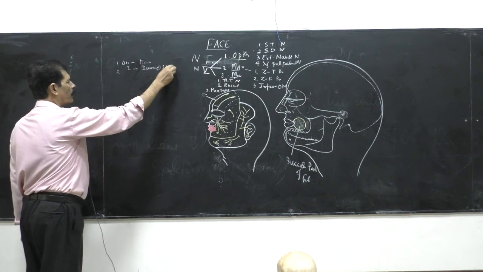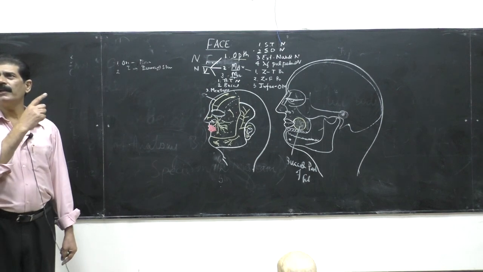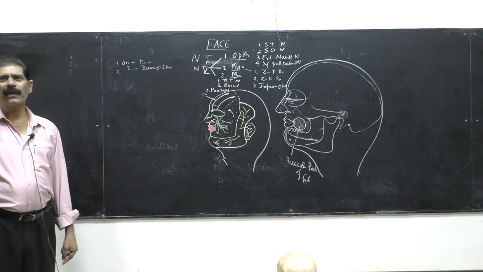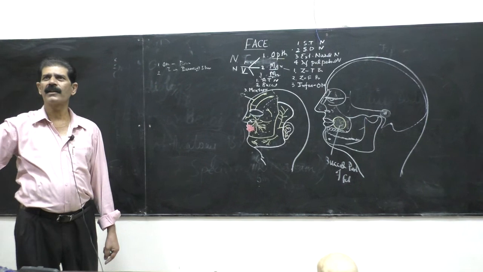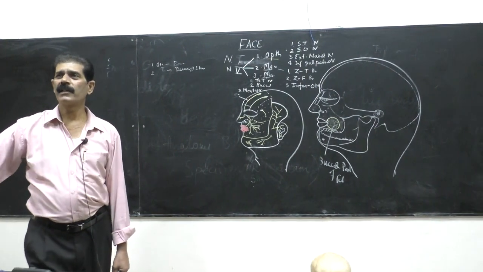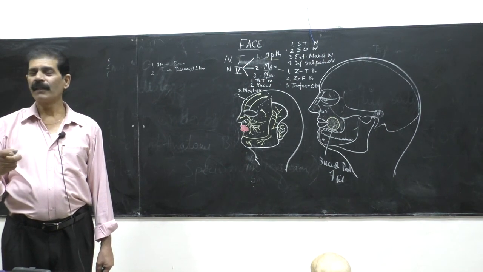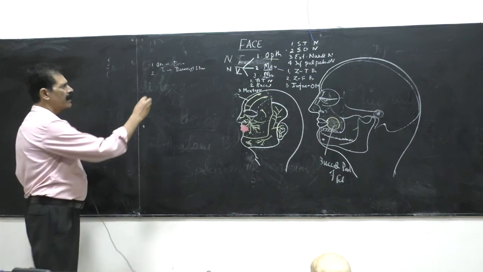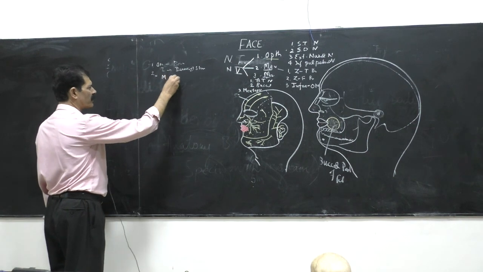So when they are inserted on the dermis of the skin, this is the reason why deep fascia is absent on the face. They take origin from the bone and have to insert on the skin, they have to reach the skin. If there were deep fascia, how could they reach their destination? So when anybody asks you why deep fascia is absent on the face, it is because of the facial muscles. They have to insert on the dermis of the skin. And secondly, the muscles of the face are muscles of expression.